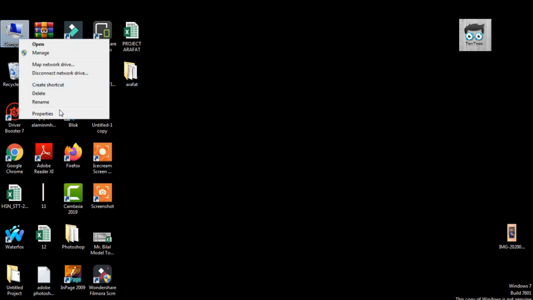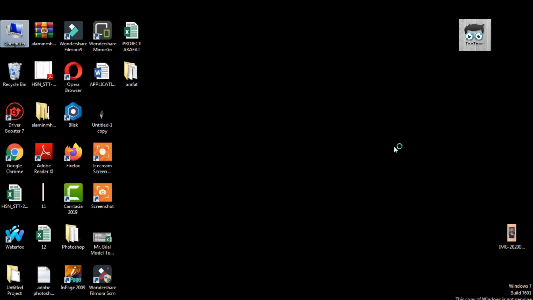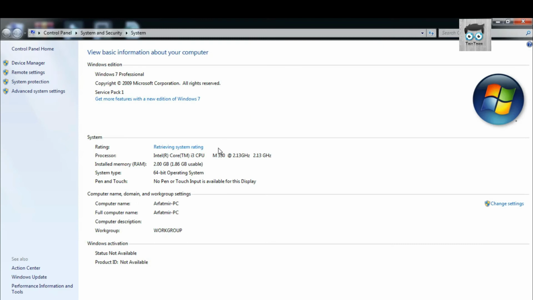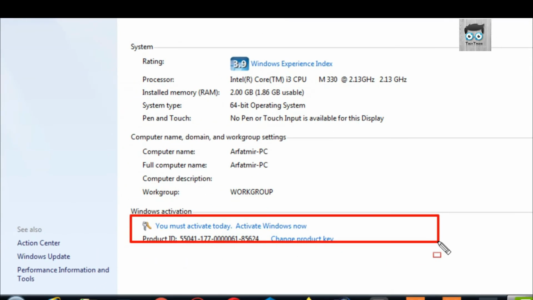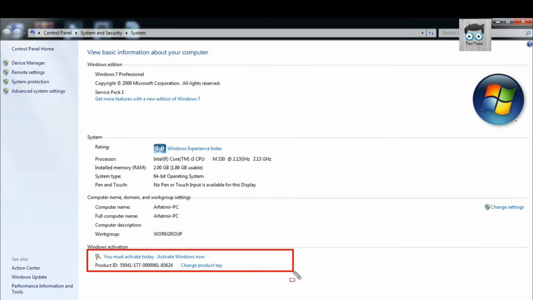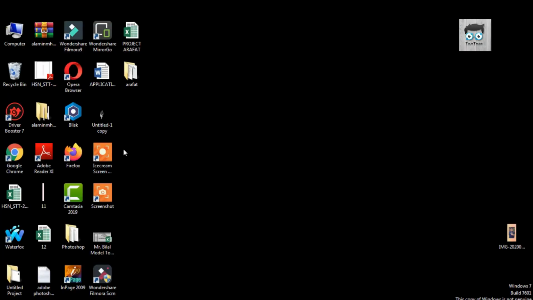to solve this. First of all, click My Computer properties and check the Windows activation status. This Windows is not active, and you need to activate it. So this is the error I showed, which appears in the corner of the window, and you click